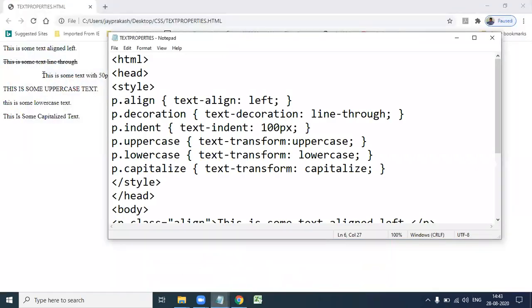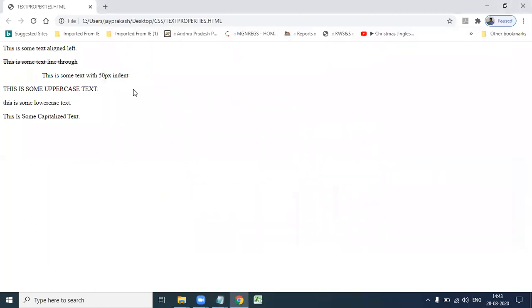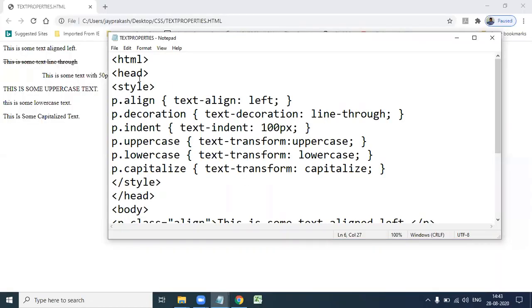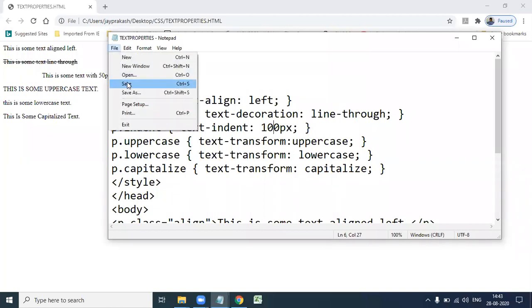Indent means space before the line. Next, uppercase, lowercase, capitalize, which are the transform properties. This is uppercase, this is lowercase, and this is capitalized, meaning we capitalize the first letter in each word. So this is about the text properties.